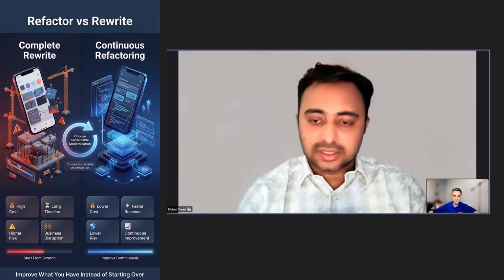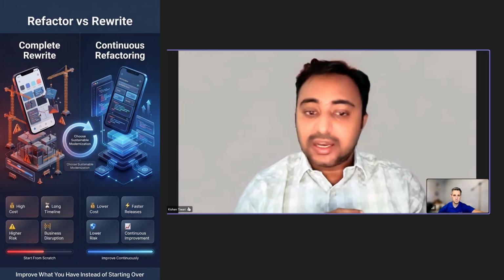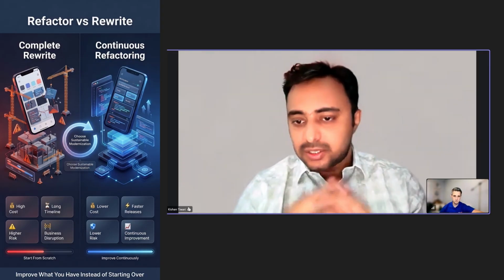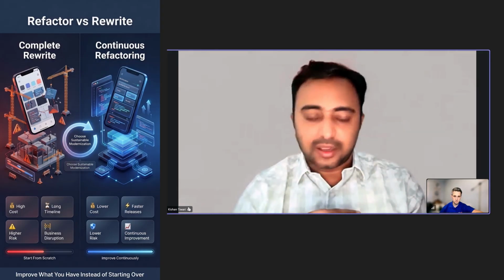Let's suppose we normally recommend that we try to do a refactor rather than a rewrite. Because in some cases, if we go for a rewrite, we need to build everything from scratch and define all the mechanisms and all the architecture from scratch, and this will take time. So we always suggest to the businesses we are dealing with: let's schedule a refactor rather than a rewrite in a time period. Let's suppose we are doing releases every month, or based on the requirement of the business.